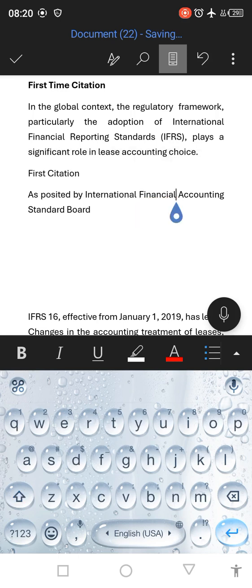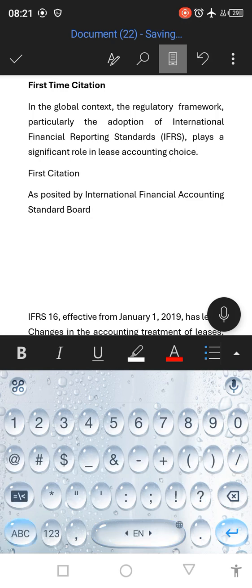As posited by International Accounting Standard Board, the year of what they said it has to follow, you understand? But recall, I'm citing them for the first time. So, following our mentions, we have to write out the acronyms. As you can see, I've written the beginning of each word that makes up the name of the corporate body in capital letters. So, I will have to write out their names. We have to write out the acronyms now in brackets,